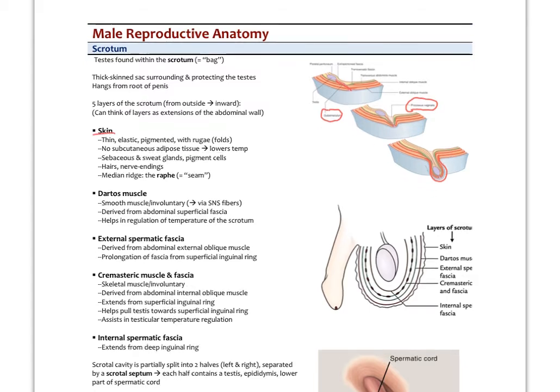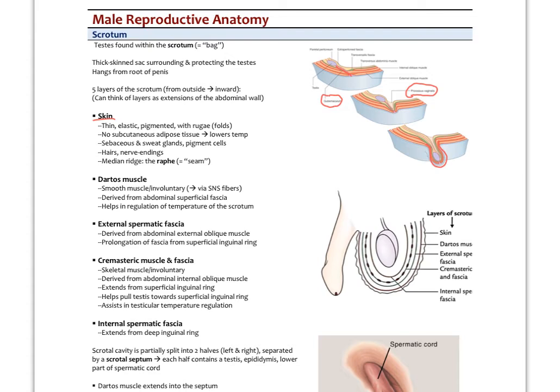And this is thin. It contains a lot of elastin. It's pigmented, and it has a lot of folds called rugae. There's no subcutaneous adipose, and that's important because that's actually going to help keep the temperature of the scrotal sac lower than the rest of the body. So that's one mechanism that the body uses, by not having fat there to keep the